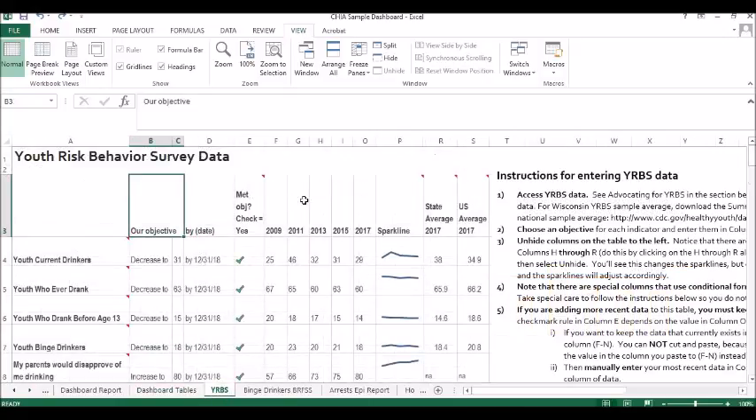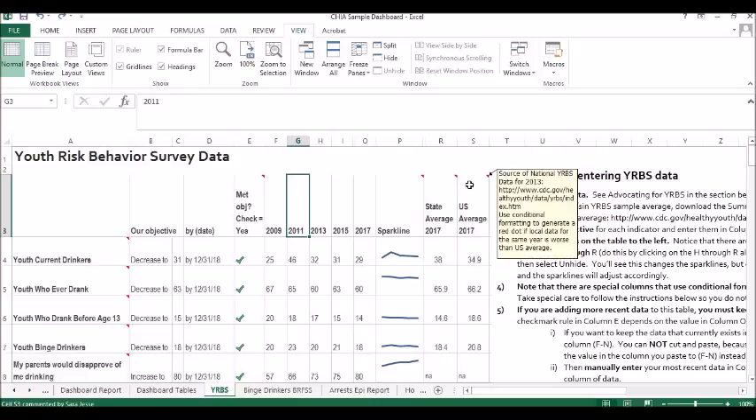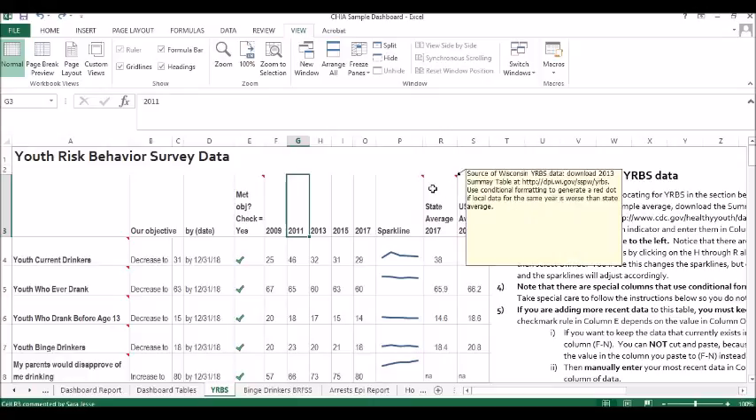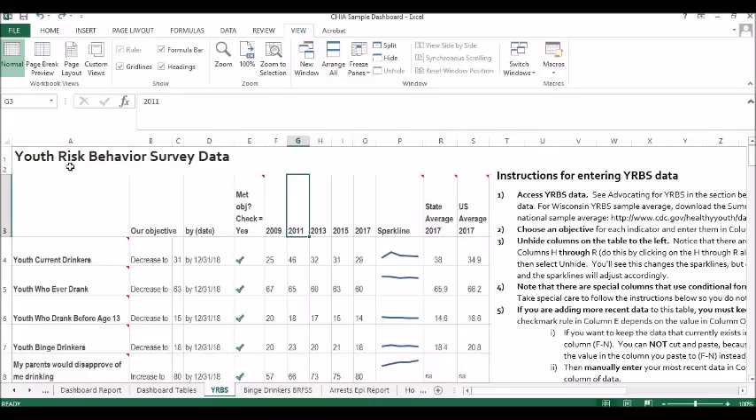Returning one last time to this YRBS tab, this is where we'll end the tutorial for now. If you need to adjust spark lines, enter additional columns of data, or if you'd like to learn about those conditional formatting rules, join us for an advanced look at inputting your